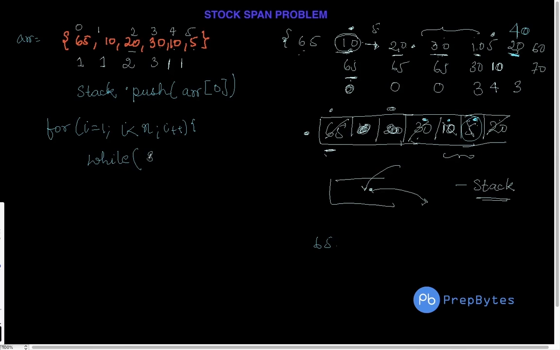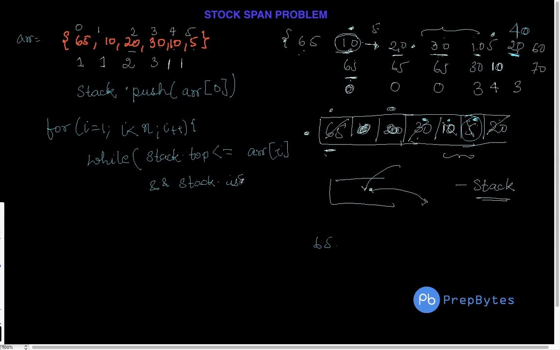So we check that while stack dot top is less than or equal to R of I. So we were always checking, right? If it is less than or equal to R of I, then we will continuously remove the elements. But we also have to check that it might be the case that we are removing the elements and all the elements are cleared. So we have to ensure that the stack